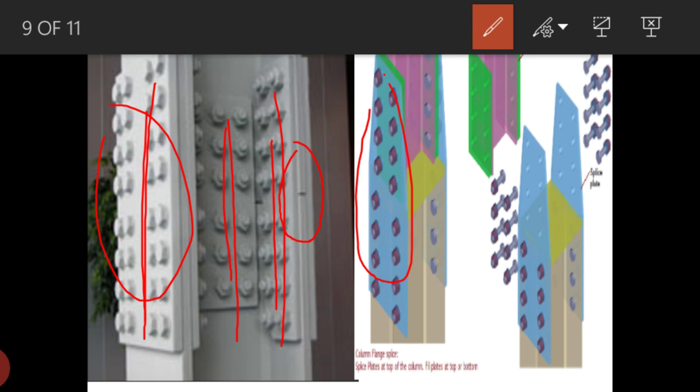And if the thickness of the plates is not the same, then packing plates will be used. And whenever packing plates are used, the reduction in the capacity of the bolt has to be considered, as for long joints, which was studied in bolted connections. If the packing plate thickness is greater than 6 mm, then the load carrying capacity gets reduced. That is to be considered. Or if the packing thickness is greater than 6 or the length of the joint is more, then you have to consider the reduction in the bolt strength.